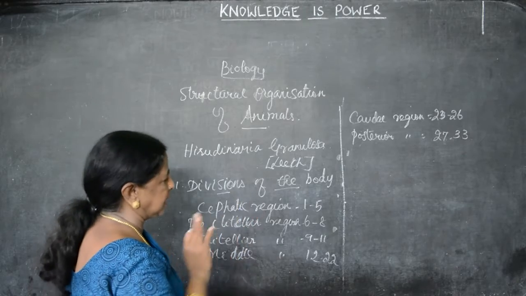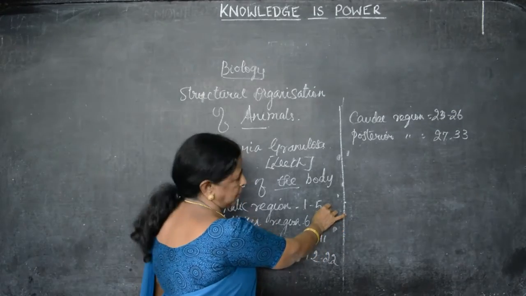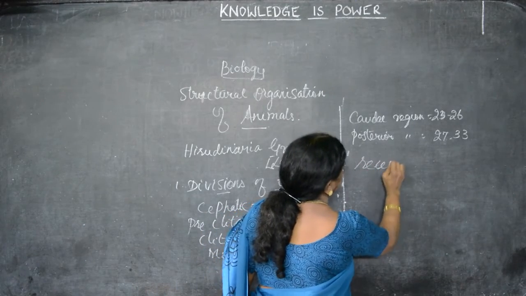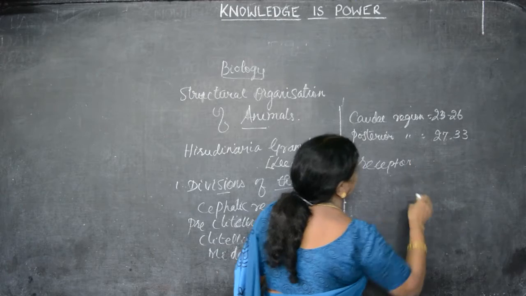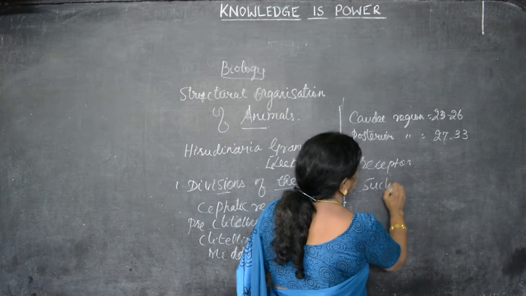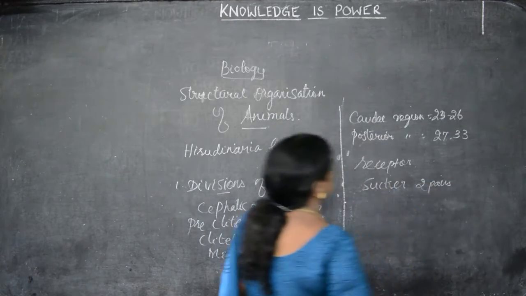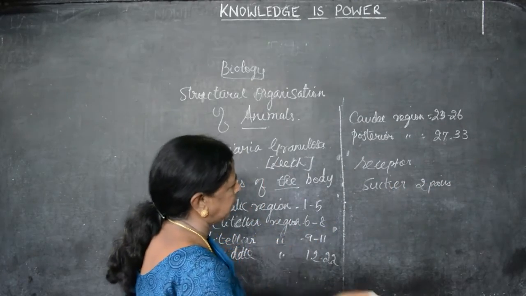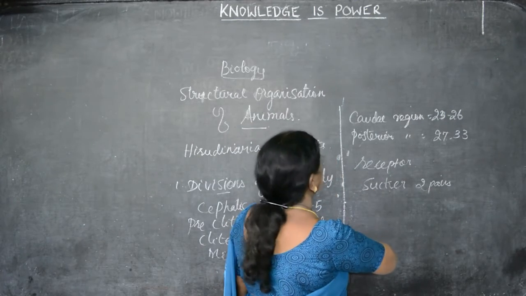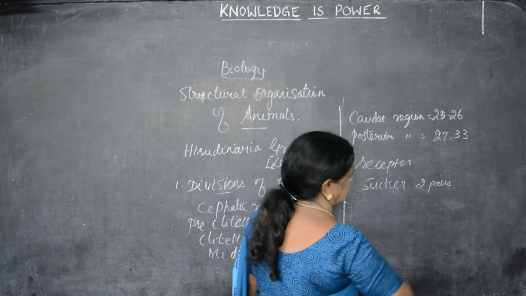We can see 33 segments, 5 pairs of eyes, and at every pair of eyes there is a small growth that is known as a receptor. Receptor, because they don't have a particular organ to smell the food, so they have the receptor. And through the suckers they can suck the blood. There are 2 suckers. By using that they can suck the blood from the organism. So what are the victims of the leech? From where is it getting the blood? Mostly cattle, animals, sometimes human beings also.